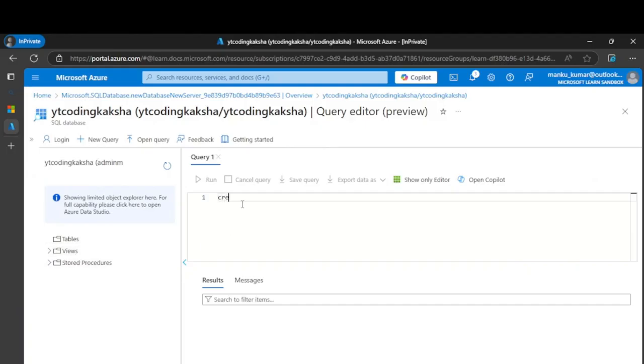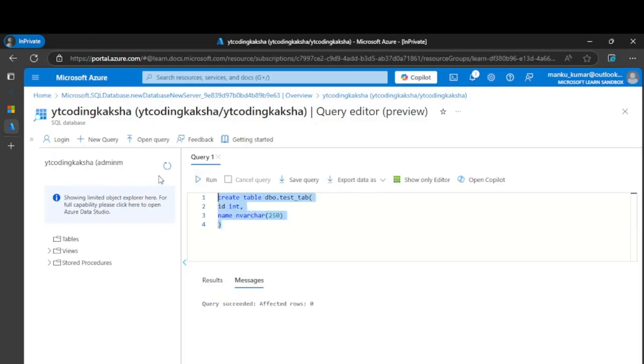Let's create dbo.test_tab, with id int, then name varchar, and give 250 characters as of now. Let's run it. We can see that our table has been created.